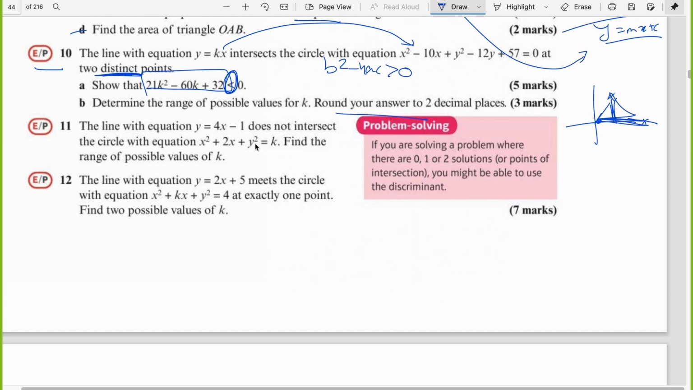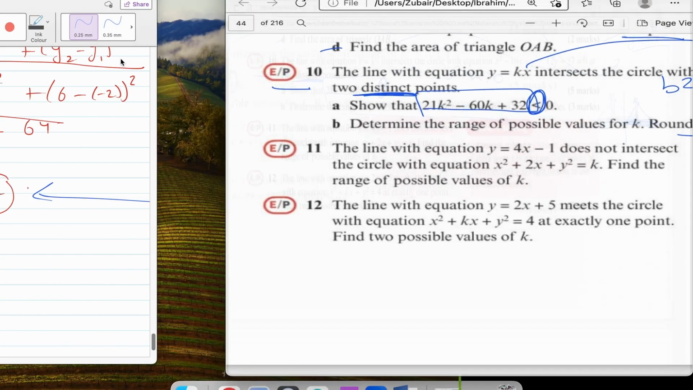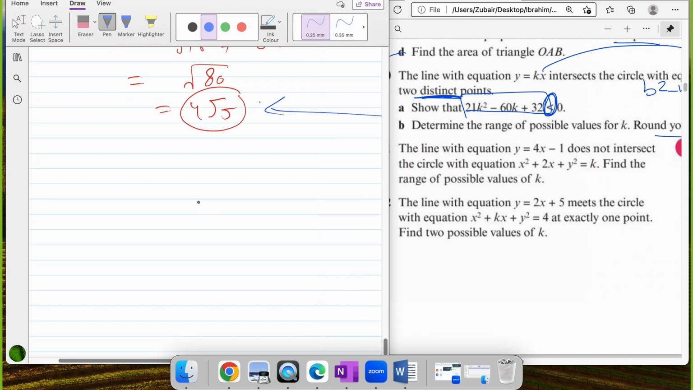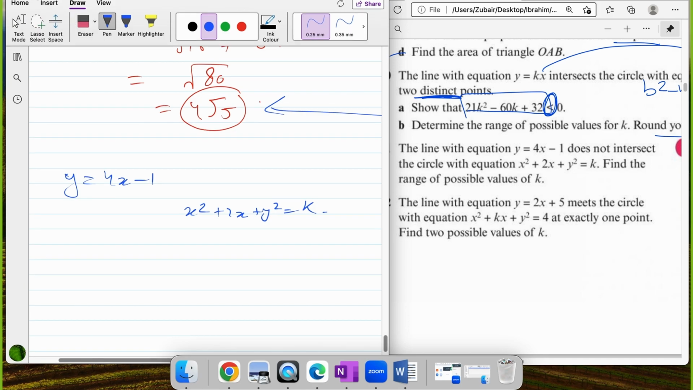Question 11 says the line this does not intersect the circle with the equation this, find the possible range of values of k. Again it does not intersect, so the discriminant must be less than 0. This is a short question, let's quickly do this. y is equal to 4x minus 1 and x squared plus 2x plus y squared is equal to k. So if they are not intersecting,